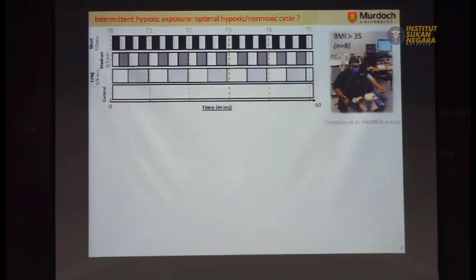So it was 1 hour of exposure, which means that in total, the subjects were exposed to 30 minutes of hypoxia, 30 minutes of normoxia. That was matched, and the severity of hypoxia was